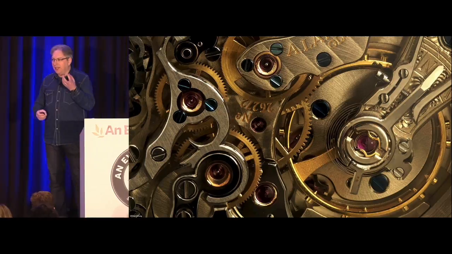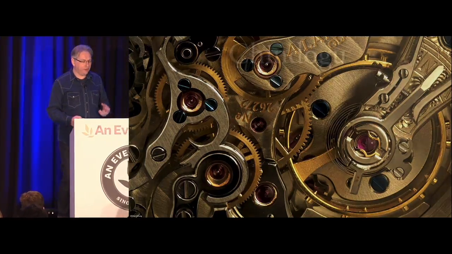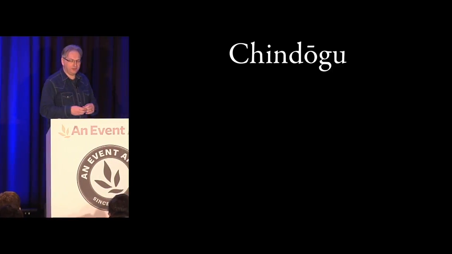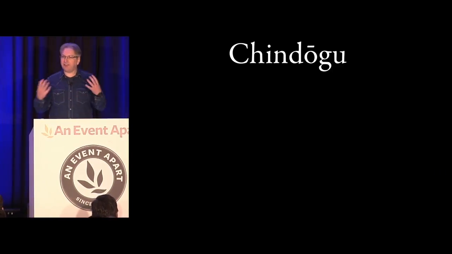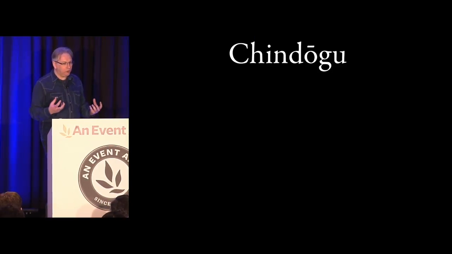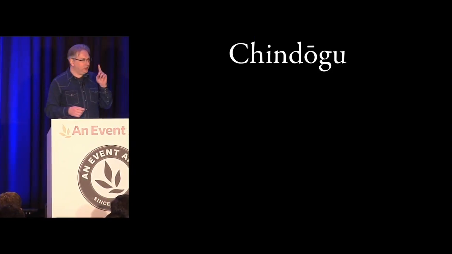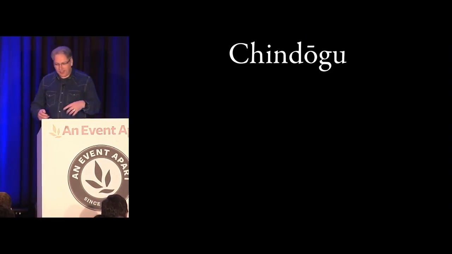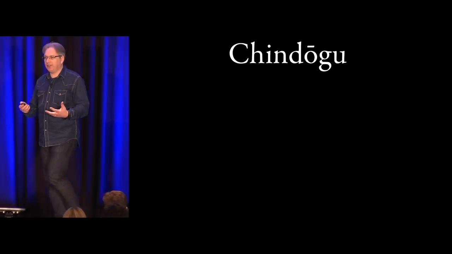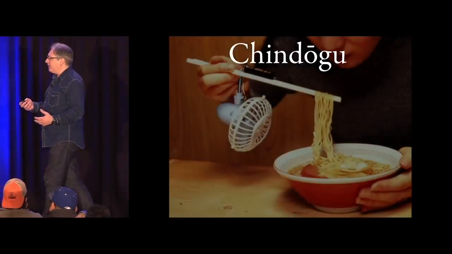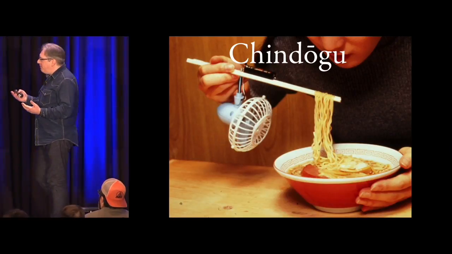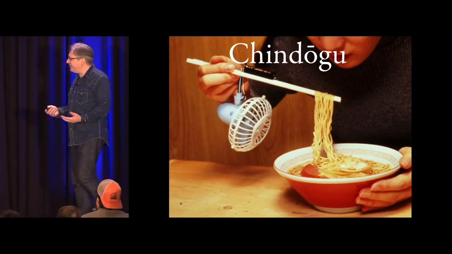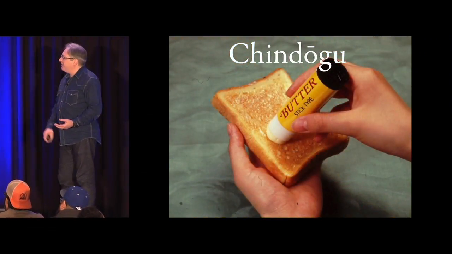And my favorite example of an approach to technology, a school of thought, is one called Shindogu. There was a Shindogu society founded in Japan in 1995, and it has a philosophy behind it: to make tools that are not exactly useful, but not altogether useless. Okay? And I guess the best way to describe it is to just show you some of these Shindogu things, where you look at them and you think, well, that's stupid, but actually, is it? Like, it's not altogether useless, right? You look, it's like, that's crazy, but you know,